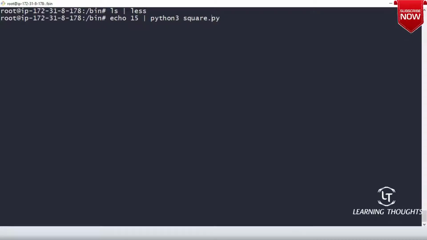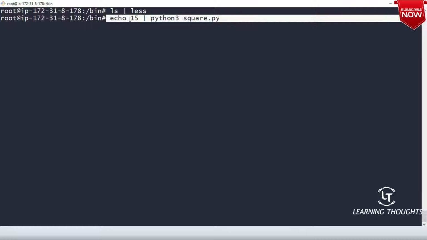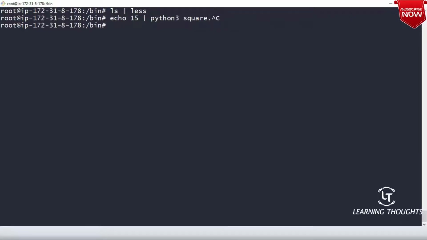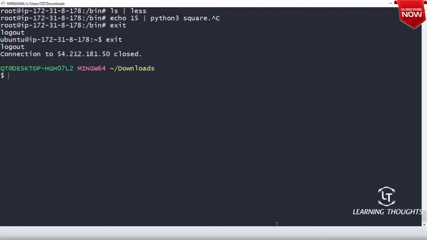If that is the case, how can I do this? Is this an interesting challenge? Right? So that is what we are going to achieve. Let me exit out of this machine for some time till we write that program.